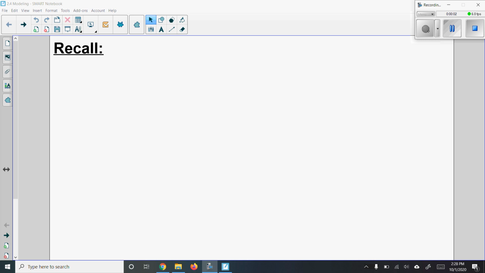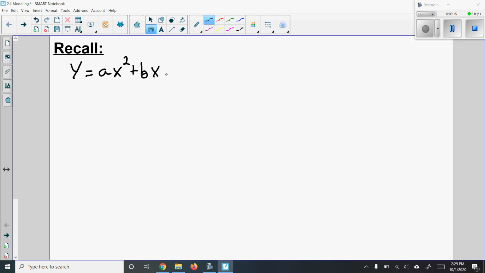Let's model some quadratics using Desmos. But first, recall that the equation of a quadratic is y equals ax squared plus bx plus c. We're interested in finding the coefficients of the regression equation. And in Desmos, we are going to type it in like this: